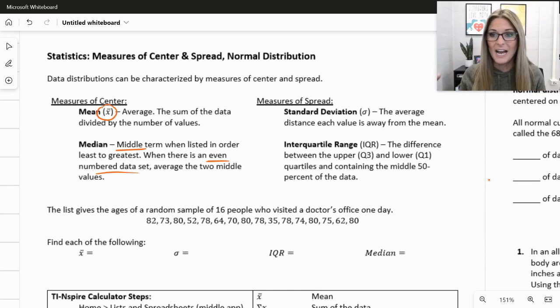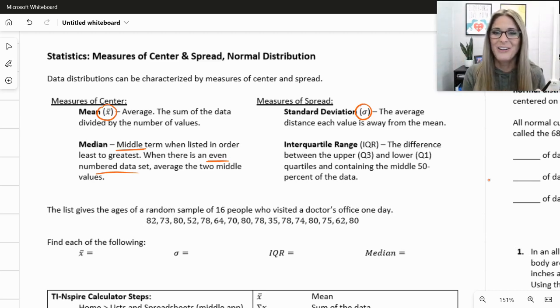Measures of spread, how we can describe the spread of our data. We can use standard deviation. This might be a new one for you. And its symbol is a Greek letter that looks like a circle with a little hat on it. Standard deviation is the average distance each value is away from the mean. So you would have to know your mean and then how far away every value is,